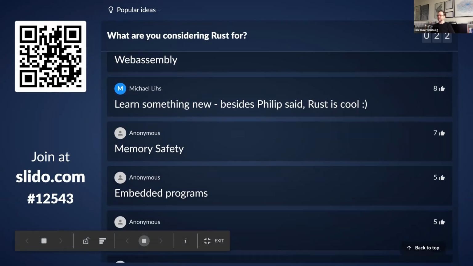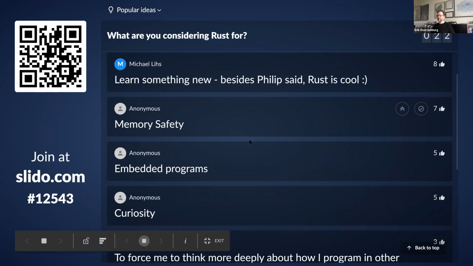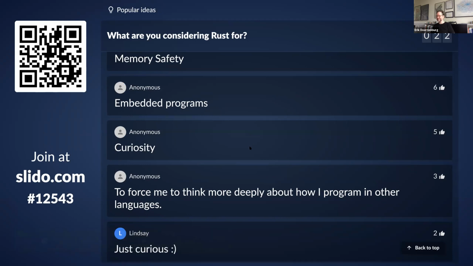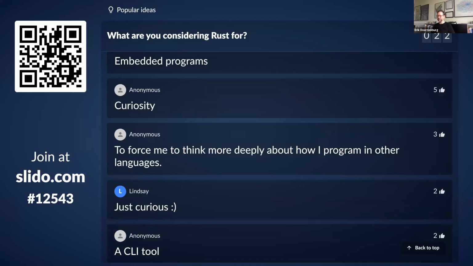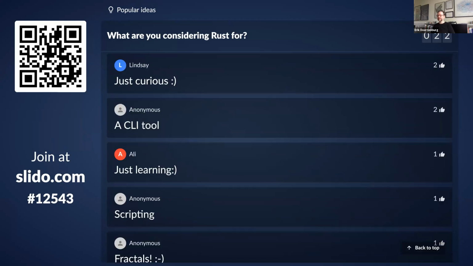Memory safety, yeah, I can relate to that. Curiosity, always a good reason. There was always, what was it? Somebody said you should learn a new programming language every year. I agree. Forces me to think more deeply, yeah. Curious. A CLI tool, yeah, that's actually a good choice for a CLI tool because Rust does compile into single